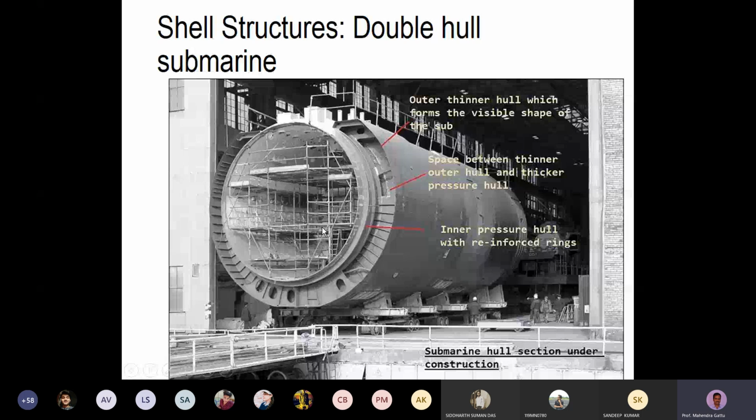So the design involves understanding what are the stresses which are acting on these shells due to the pressure. There will be pressure both from the water outside and some interior pressure, so both will balance out, and there will be stresses acting on these hulls. So you can find out what is the maximum stress and then